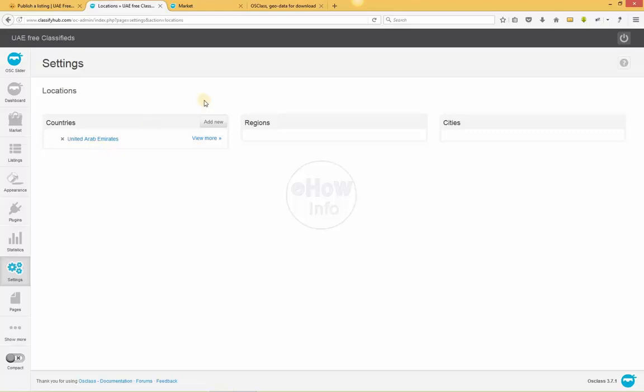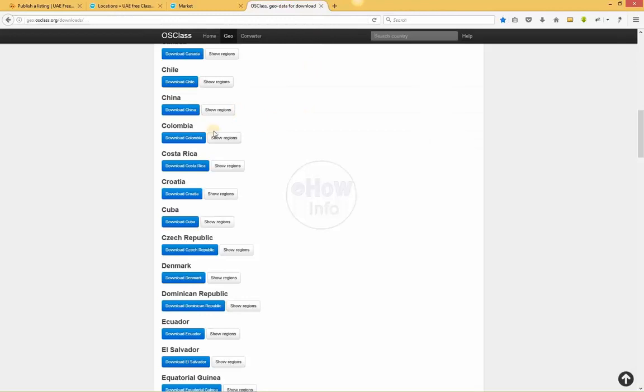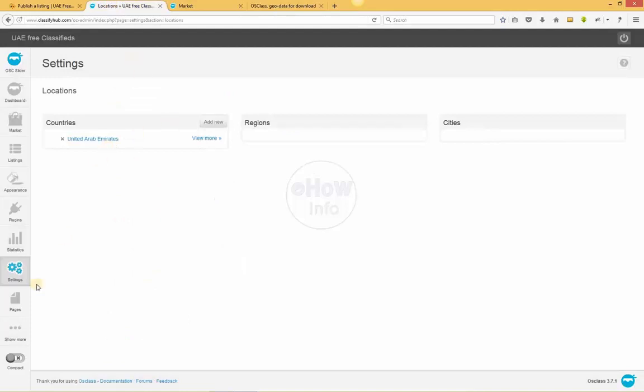From here you can download it, which is in SQL format, and then you can upload it here by import data. Okay, so this is about the locations.